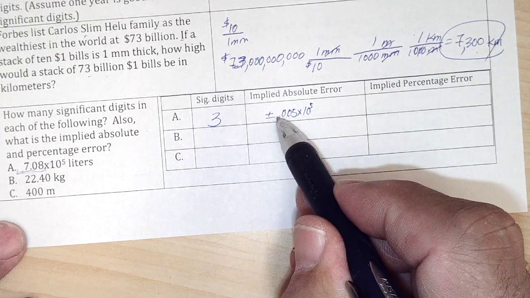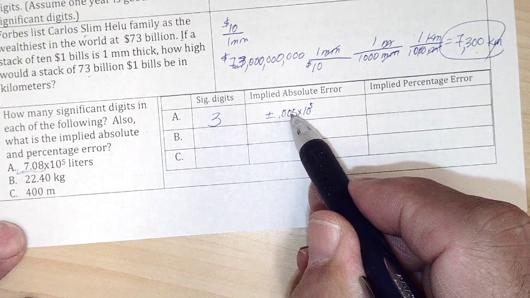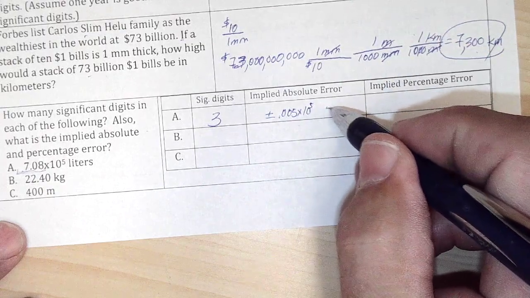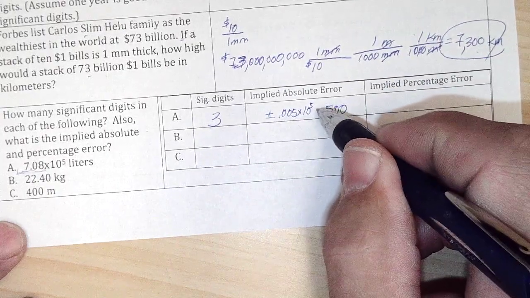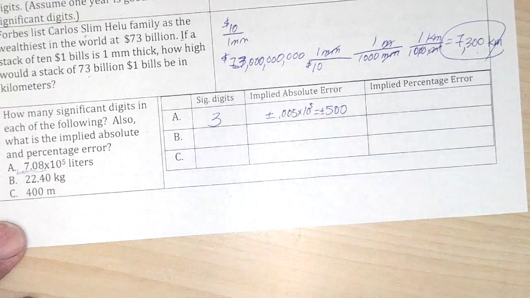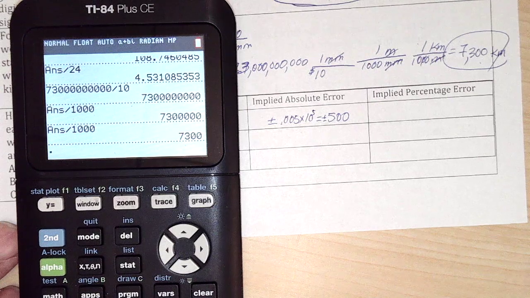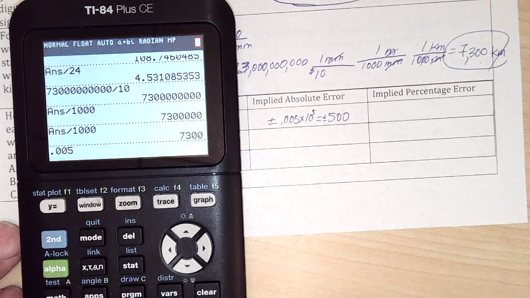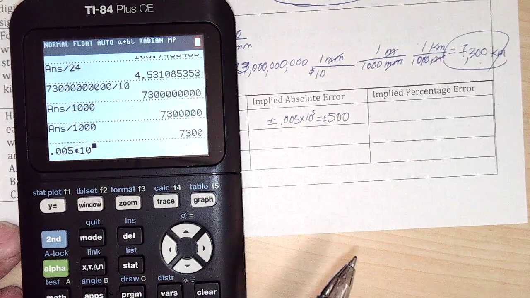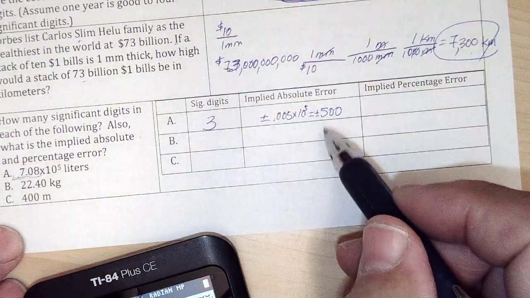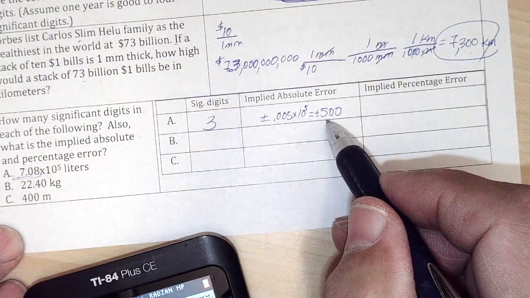The 5th would move the decimal 5 places, 1, 2, 3, 4, 5. So that's 500. So the absolute error is 500,